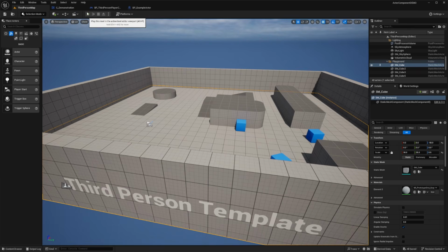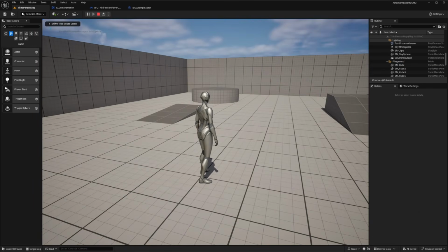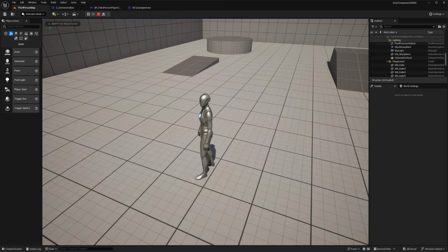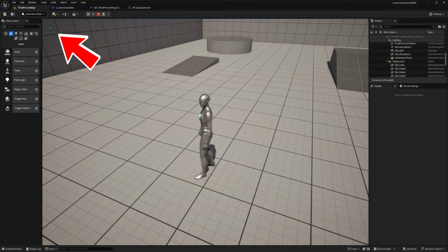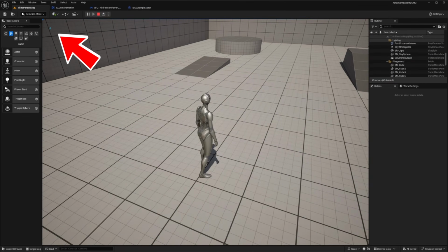So we'll go ahead and play in editor here. Before we do anything, we can see that we're printing out that resource value up in the top left, which is coming from our actor component that we set up. So right now it's at 0. And if we press the key for our example event that we set up here, which was the key 0,